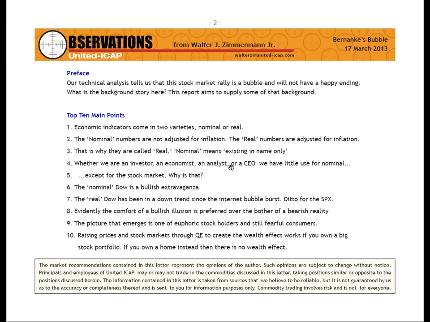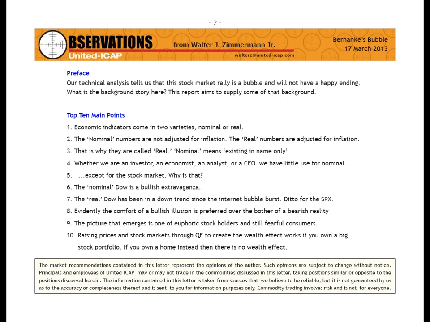The curious thing is, while we all instantly and effortlessly dismiss any economic indicator that's not adjusted for inflation as a waste of our time, with the stock market, we probably have never even seen a real stock market chart that is adjusted for inflation. And we'll be getting into, I think, without too much trouble, why that's the case.